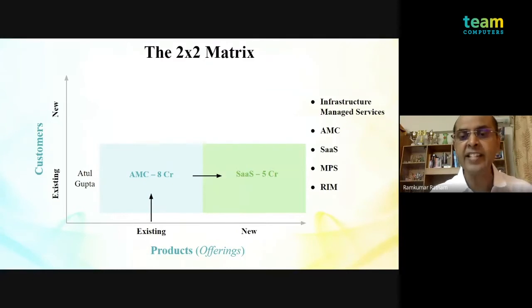So now my next endeavor as a salesperson would be, how do I identify who buys infrastructure managed services? How do I identify who buys MPS? And how do I identify RIM? The idea is everything that I have in my bag, I should be able to sell and position to Maruti. So what my next pursuit would be is to navigate vertically. Click on the next slide, click on the next click.